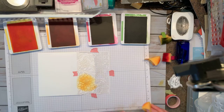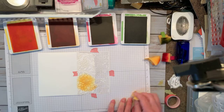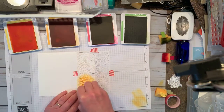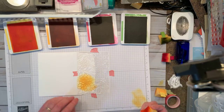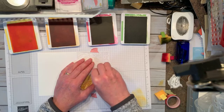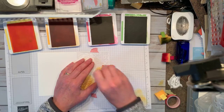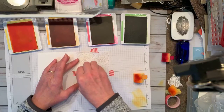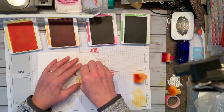Of course, I grabbed the one for the pineapple. Not that you guys ever do anything like that. Wrong color, but okay. So you can kind of figure out what colors you're going to do. I'm going to do the mango here and here. And then I'm going to start with the green because a lot of the green is